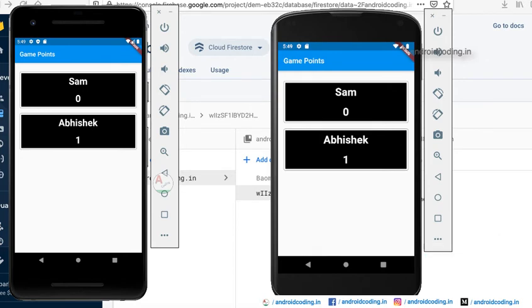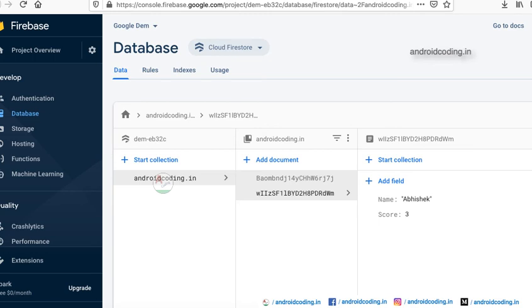So Sam is having his mobile in hand and he wants to increment a point. So click on Sam and you can see it is getting updated on both the devices and you can know the scores. And you need to make sure that the points you are adding are accurate. We can't guarantee that. Whenever you click it will be automatically updated on both the devices, and even in the backend you can see the update.